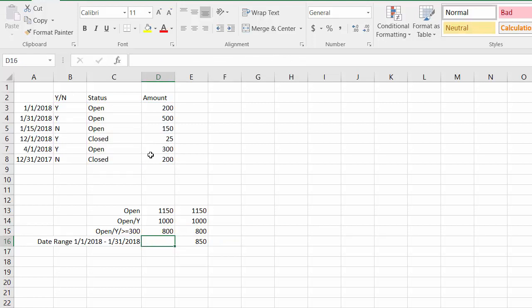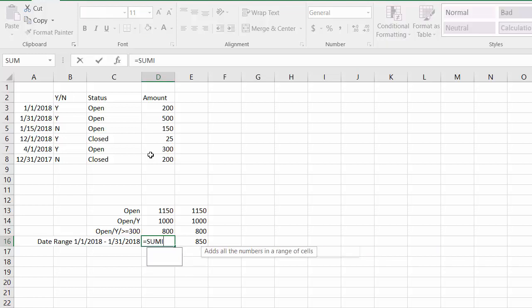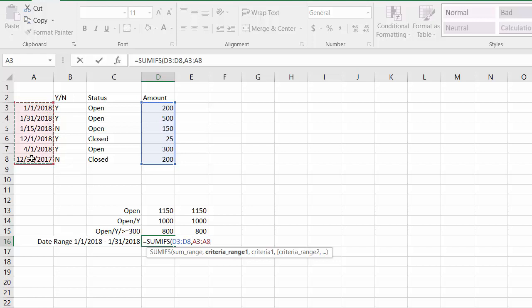And then I thought I'd show you a date range, because I find myself using this a lot for date ranges. So I'm going to do a SUMIFS because I'm going to do an open date and a close date. So here I'm going to highlight my sum range, comma, my first criteria, which I'll highlight my date column, and then I'm going to do open quotes is greater than or equal to